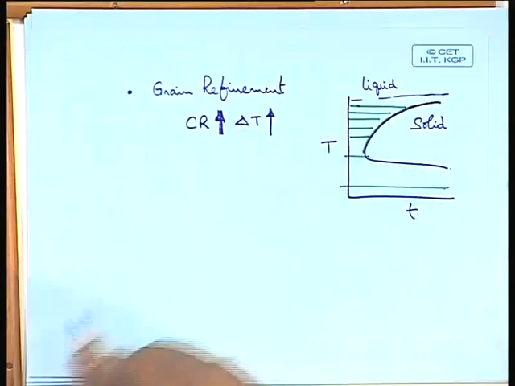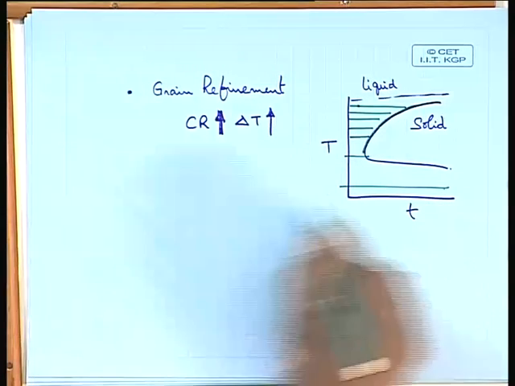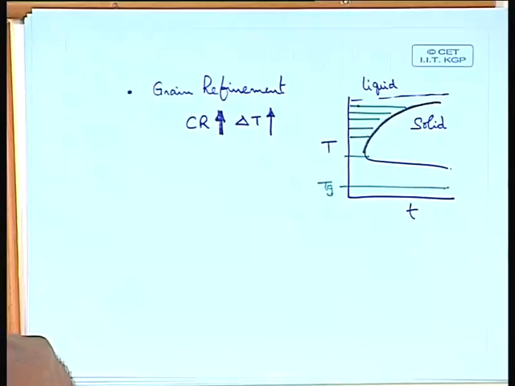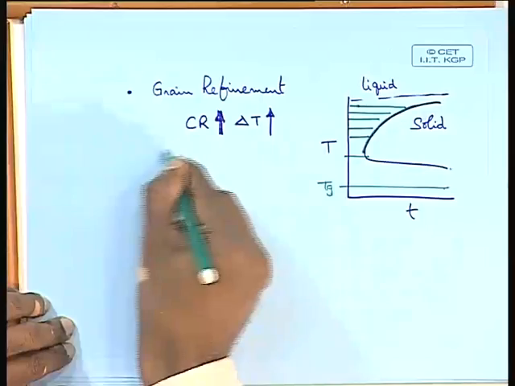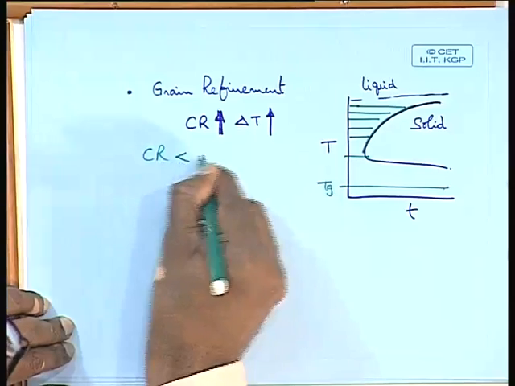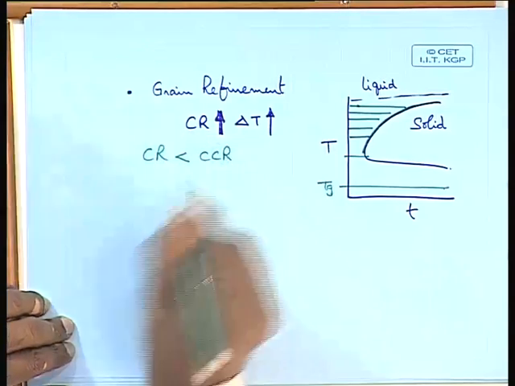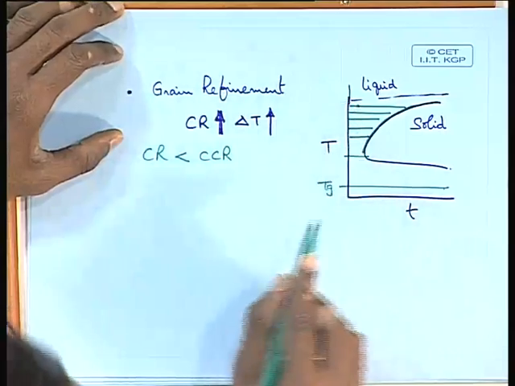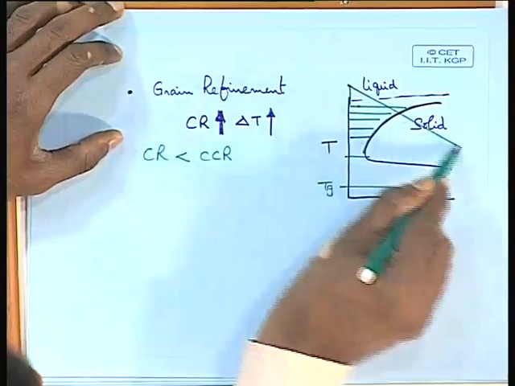In fact, if the cooling rate is much higher, then even this solidification will not occur. Then you will come to a situation where you will hit the Tg and get the glass. So as long as your cooling rate is below the critical cooling rate, you can see clearly, if I use this liquid and draw different cooling rates,